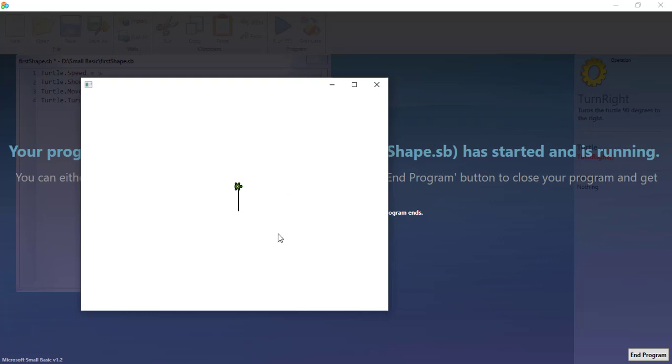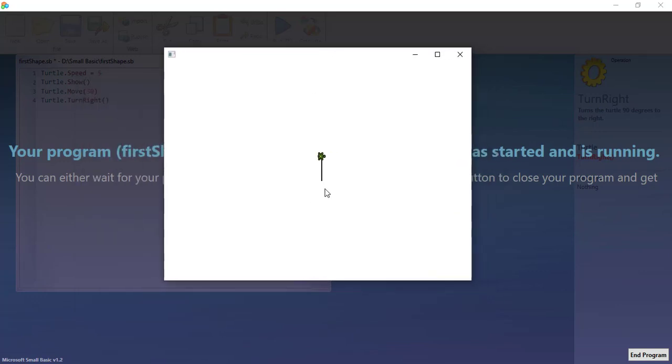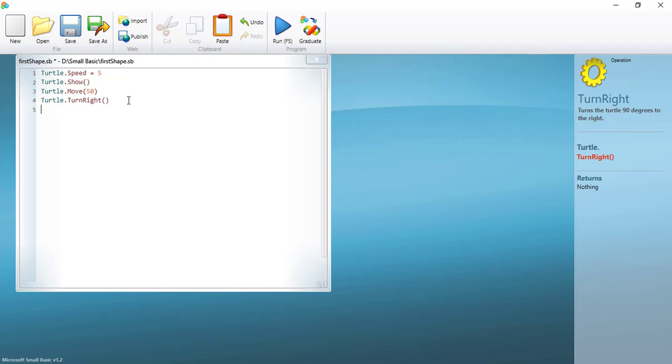So the instruction has to be sequential. The first thing I told it is to set the speed, which is a property, tell it to appear on the screen. Once it was there, I told it to move 50 units. It moved, and I told it to turn. Now it has turned. So if I need to draw a square again, what I'll need to do is say